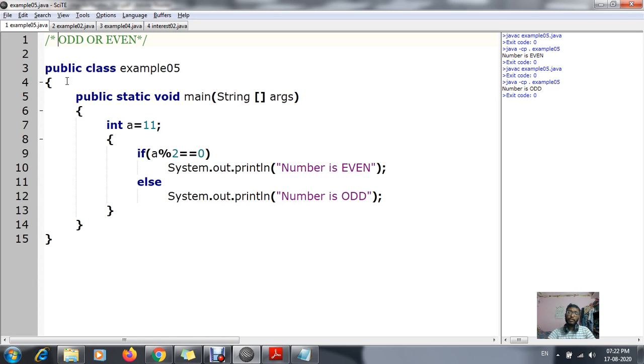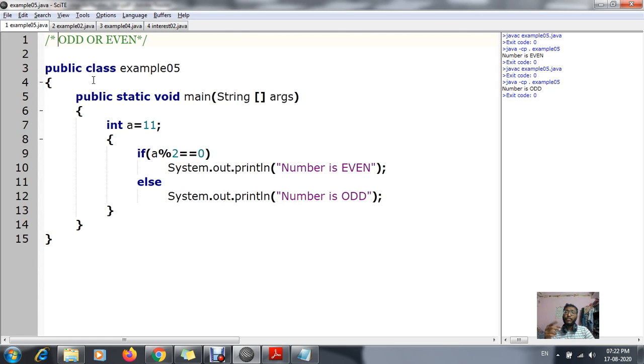Suppose I am dividing 4 by 2, 2 2s are 4, and automatically you will get the remainder as 0. That means this number is completely divided by 2, so we can show this output as an even number.